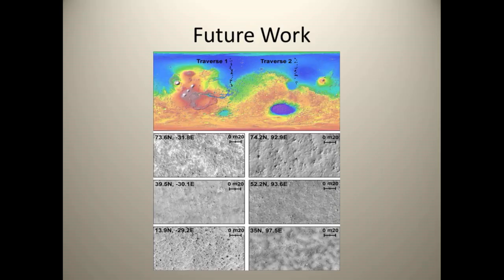And so my first goal, I have a proposal out looking to look at a number of these images with latitude. We have two possible traverses here where we stay at the same longitude as much as possible and test a lot of variations in the latitude to determine if we do see boulders clustering differently at these different latitudes. Maybe we find size variations, maybe we find something else. But it would be very interesting to see how this works and compare multiple different geographic areas as well if possible.